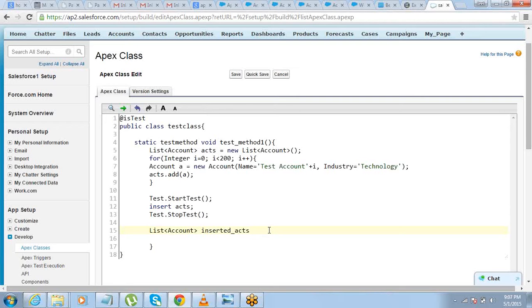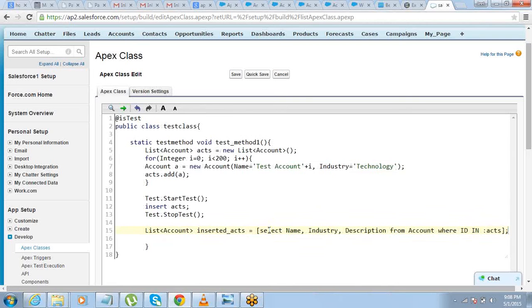So create another list of accounts, call it inserted accounts, and now write a select query here: select name, industry, and description from account where ID in accounts, right?